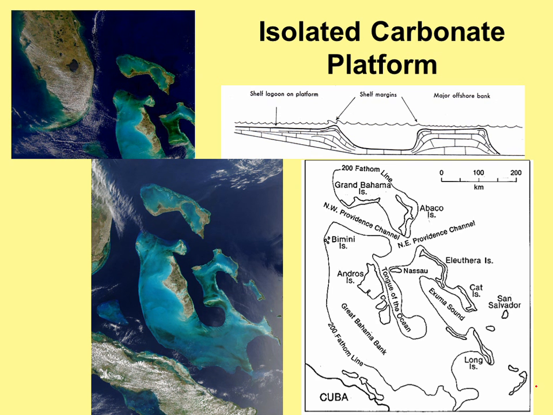And so if you look around the world today where we see carbonates forming, here off the southeast coast of the US, we have the Bahamas, the Bahama platform, the white milky substance that we see on the Bahama banks, oolite shoals. You typically see carbonates formed either on isolated major offshore banks, of which this is one, or of course you can have a shelf that's attached to a continent, and it has a shelf margin that may be characterized by the presence of coral reefs of that kind.